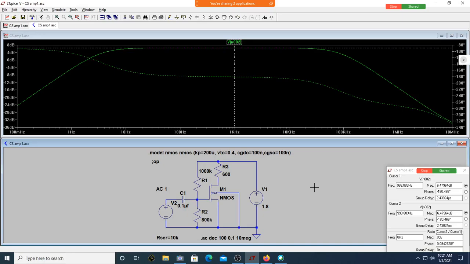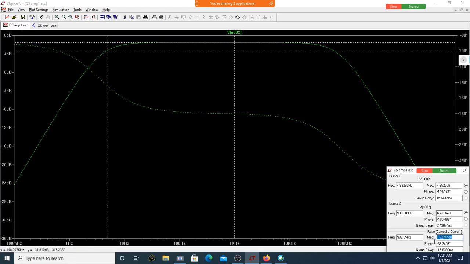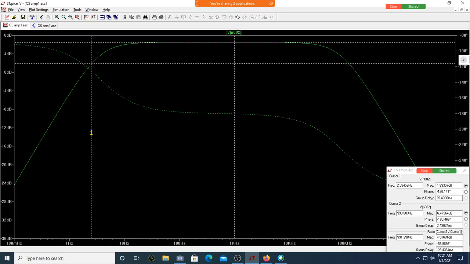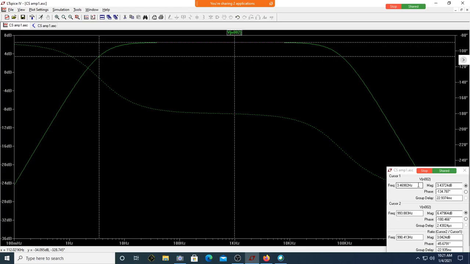So if you look at this, these are the frequencies. This is 3.5 hertz, this is 80 kilohertz, and this happens to be 4 megahertz. This you may not get because the change in slope may not be visible, but you can clearly see this frequency, which is f1, and the value of f2. Okay, let me just take one more cursor, place it on a point where this is 3 dB down. That difference should be 3 dB down. Am I there, close to it? You can see I'm there. Can you see the frequency?